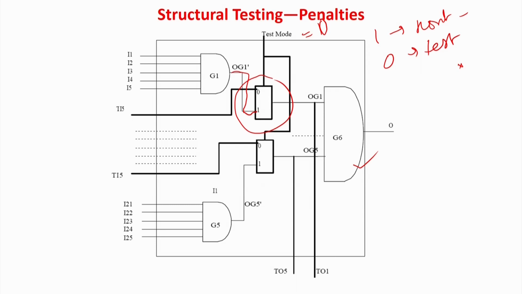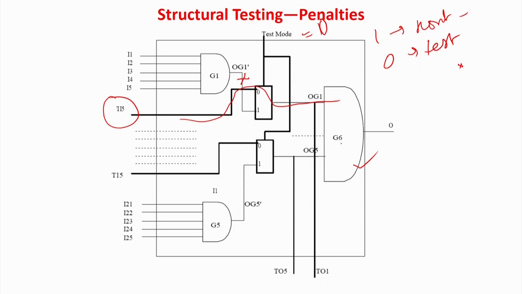So, of course, if you see, this line will not be in position to continue. This line will be cut because it is 0. So, the output of AND gate 1 cannot go to the input of gate 6, but this is the test pin which is now excited because it is going over here and through this one. So, you can easily apply any pattern to gate number 6 directly, bypassing G1.